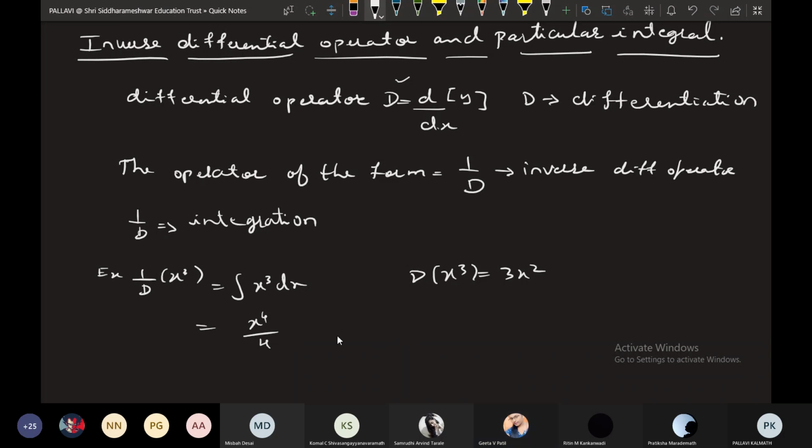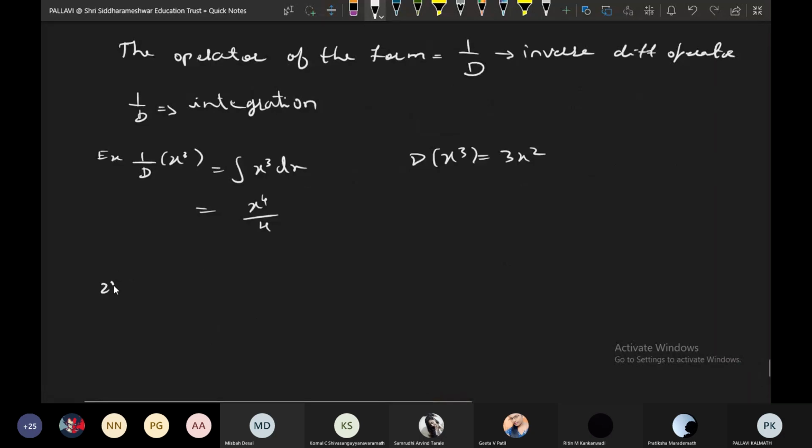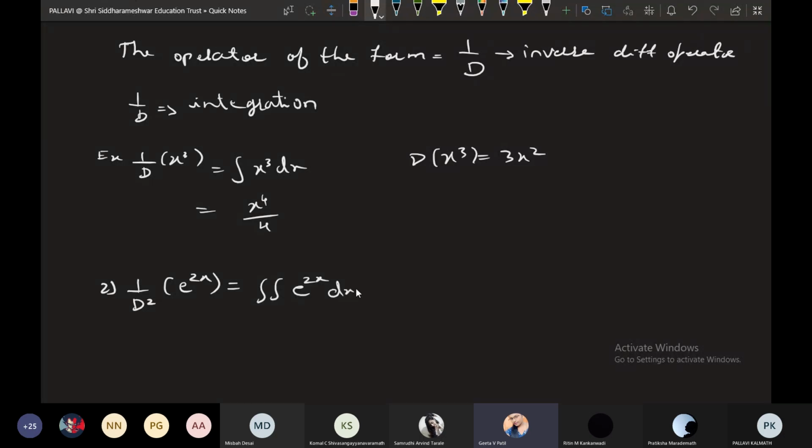Okay. Then the second example, if I consider, the second example is 1 by D square of e raised to 2x. What is this? 1 by D is for single integration. 1 by D square is for double integration. Yes, correct. It is double integration of e raised to 2x dx. So what is the first integration? e raised to 2x by 2. dx will remain as it is, 1 by 2